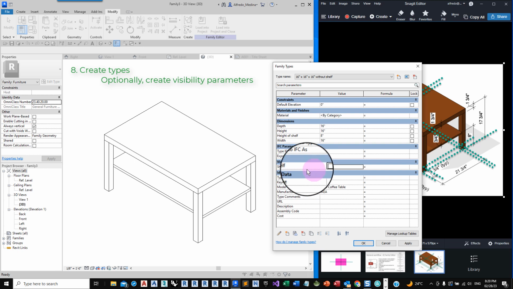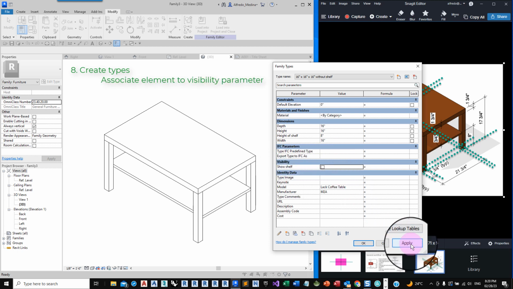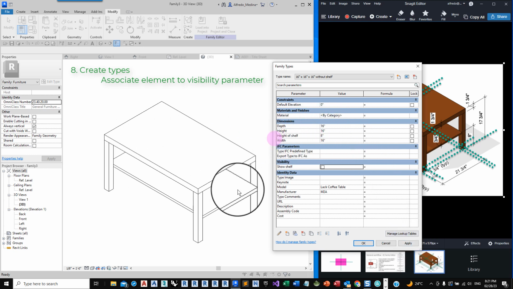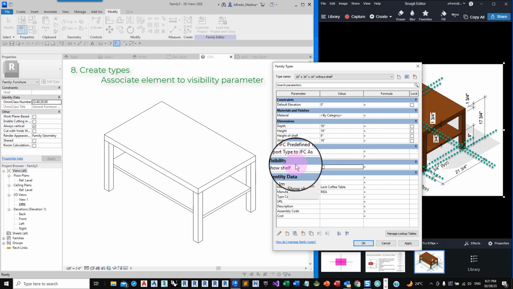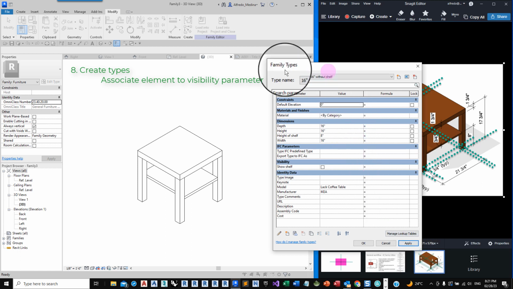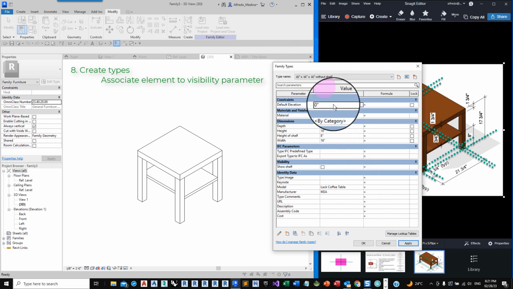But to make it work, I need to associate the shelf to this parameter. Because if I apply this now, the 3 dimensions will change, but this parameter is not going to work yet. So let's do this. Apply. So that's my new 16 by 16 by 16.